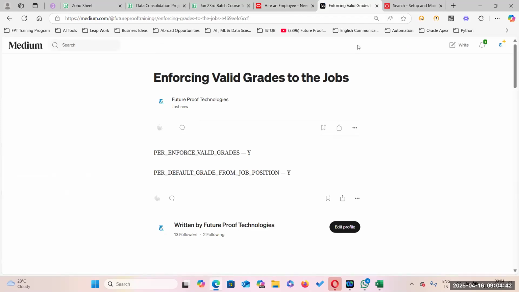Okay, if we enforce valid grades, HR specialist or line manager can only select whatever grades you have given as part of implementation consultant. They don't have a choice. Either they will give a correct grade or they cannot give anything. Okay, this is how we can. I'll write the article also today. I'll read this one. The video also I'll update to practice this one. So this is one of the important concepts to be practiced. Okay. Apart from our daily